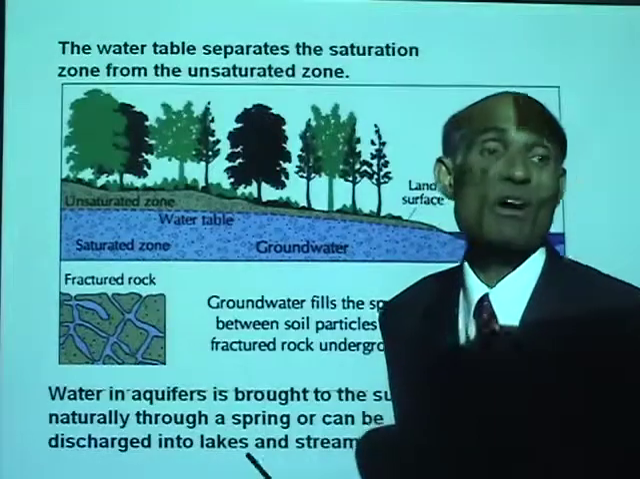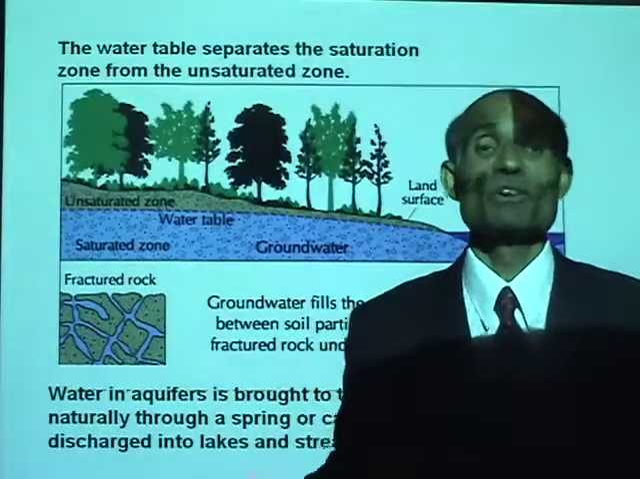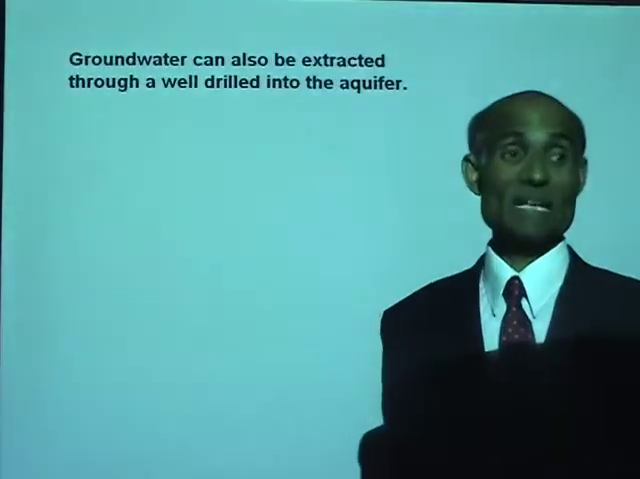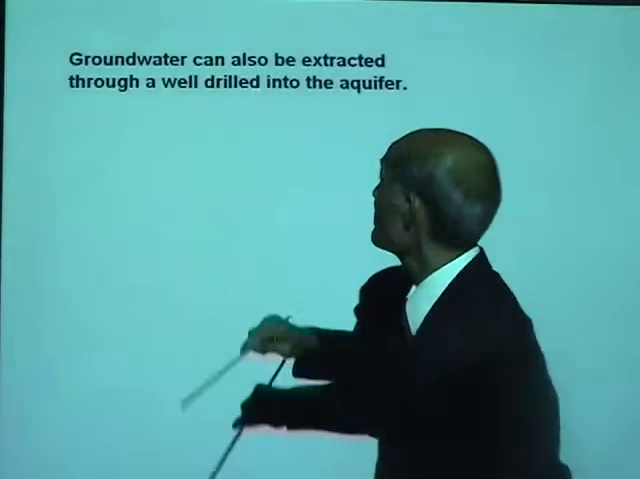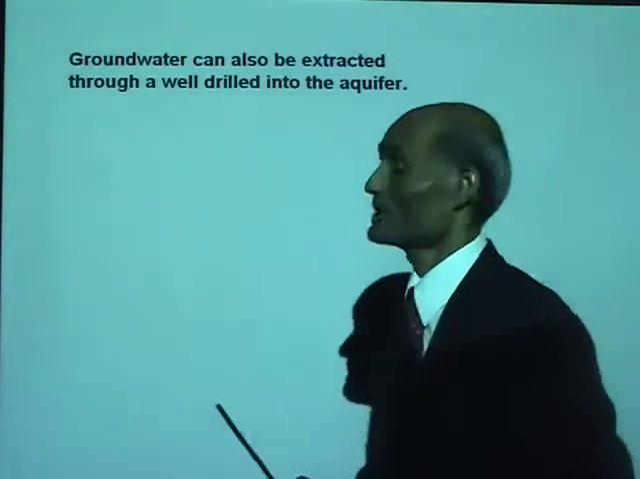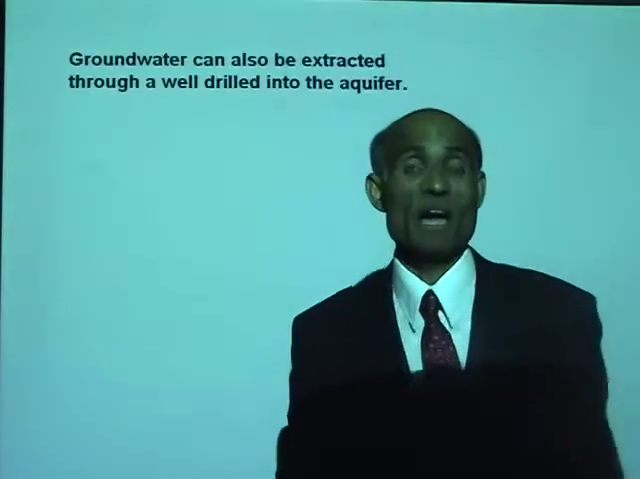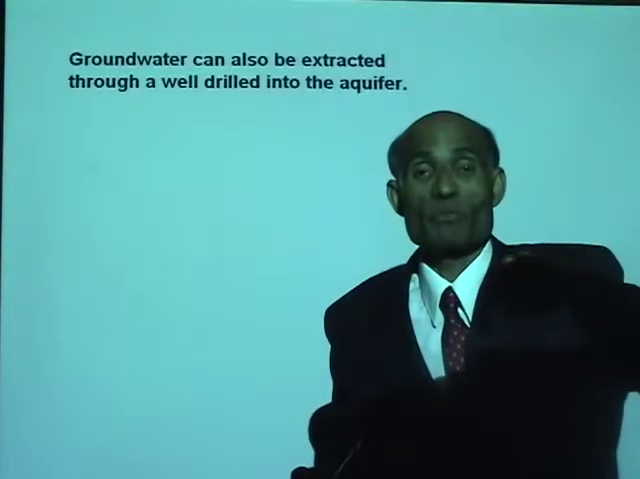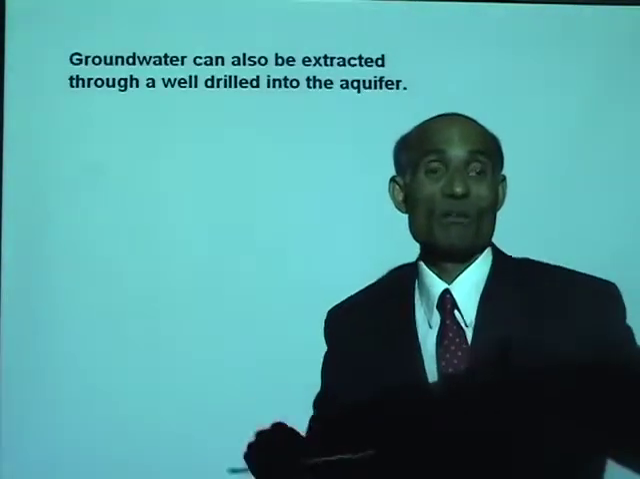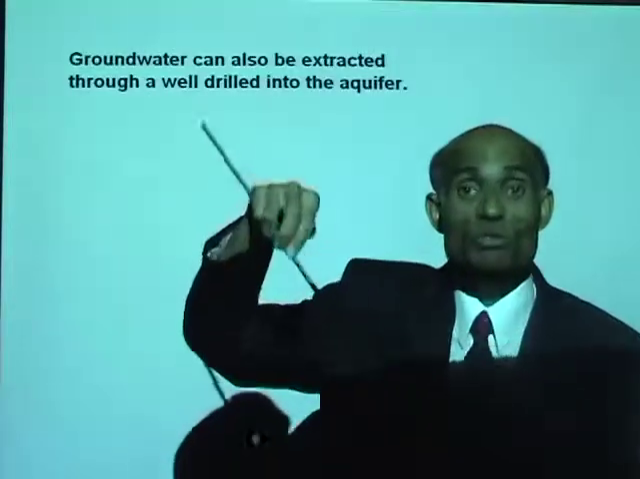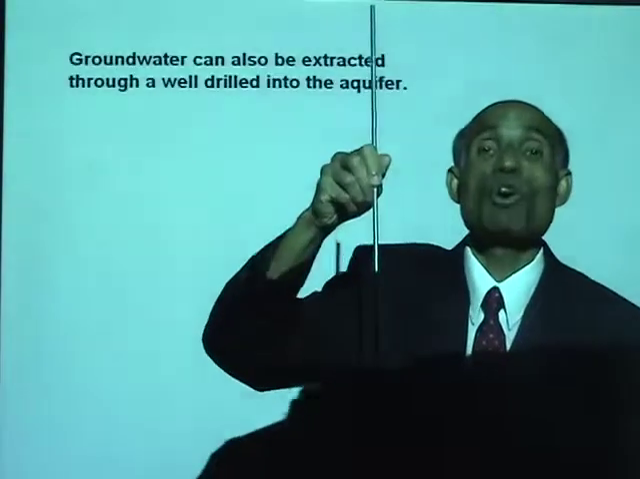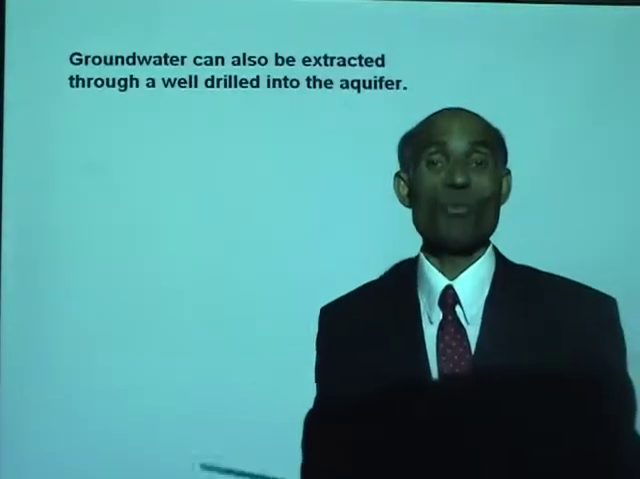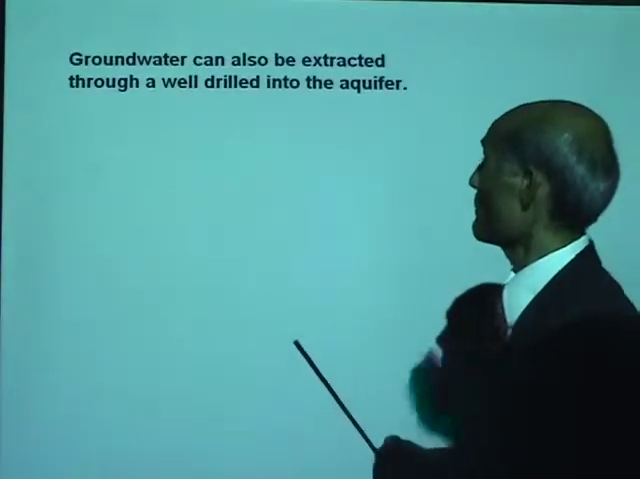So water in aquifers is brought to the surface naturally through a spring or discharged into lakes or streams. That happens very often. And we also get into the aquifers by drilling into them. Groundwater can be extracted through a well drilled into the aquifer. I remember the place where I come from, we used to dig deep wells, about 400 feet or so. Then you have to dig through rocks. That means you're going to go into confined aquifers to get that big supply of water. So you can pump water